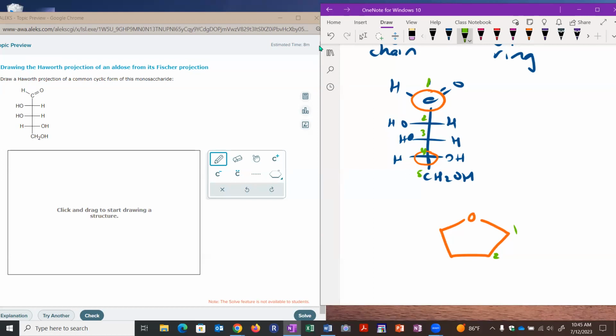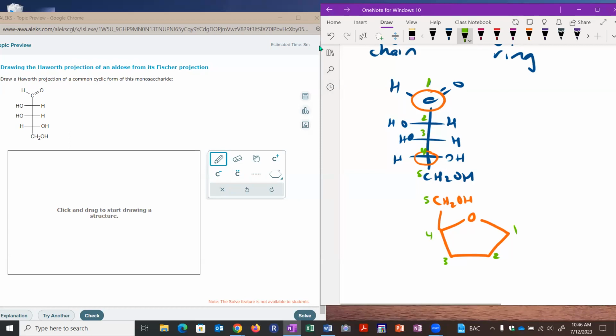This is 2, 3, 4, and then we actually have now carbon 5 with the CH2OH that comes off of the ring. So we have our CH2OH up here, right? And that's your carbon number 5. And that's very similar to what we saw with a 6-sided ring, as you will see in the videos with glucose. So on carbon 1, which is this one here, the original one that had the aldehyde in it,